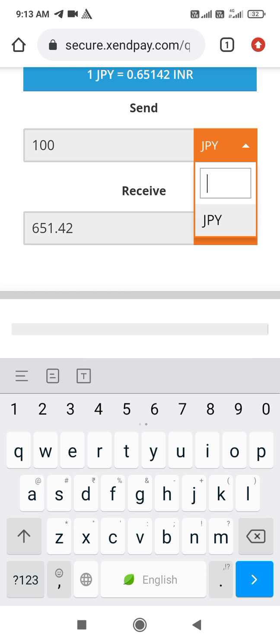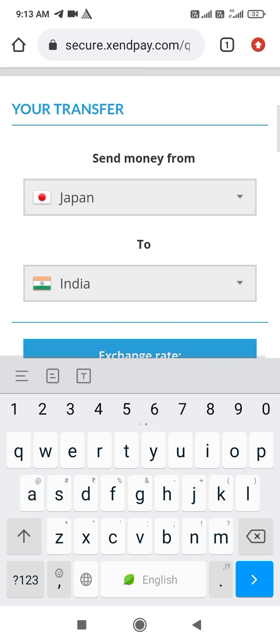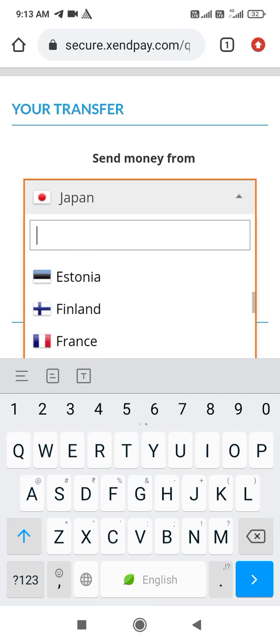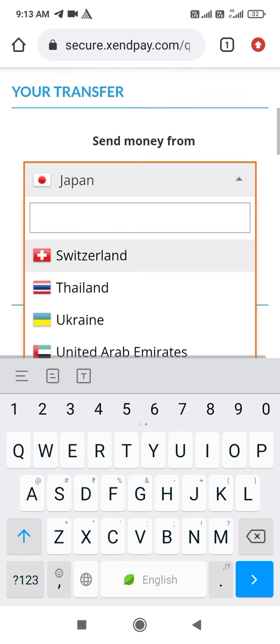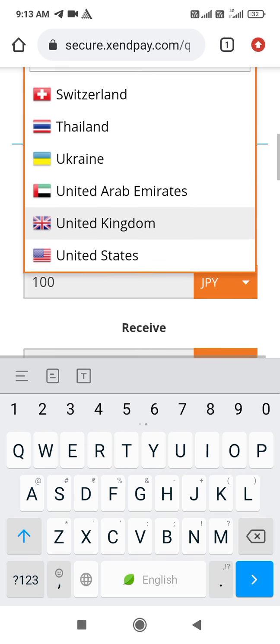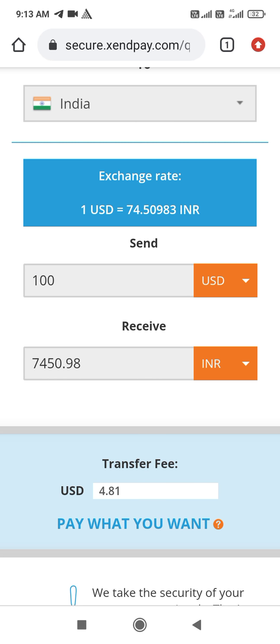As another example, if you are going to send the amount from the US, meaning United States, we have to choose the United States here. That is mostly the US currency, the dollar. You can see here the 1 USD rate is automatically showing, and $1 is 7,450. So this is the amount we are going to receive on our side.